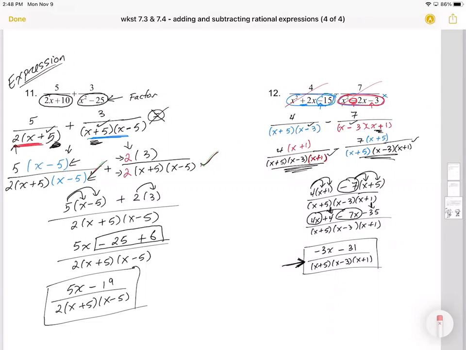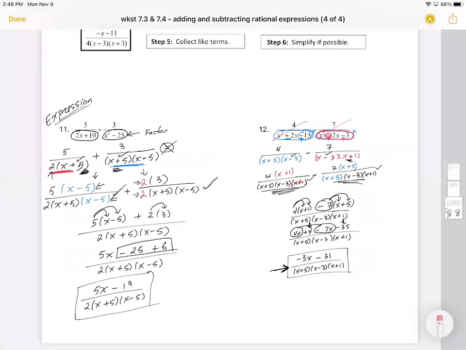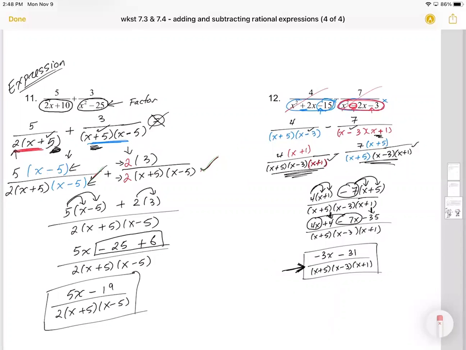Okay. Question here, ladies and gentlemen, any questions with these two simplification problems, or these two problems that you need to simplify the expression? Well, if you don't have questions, no, we cannot